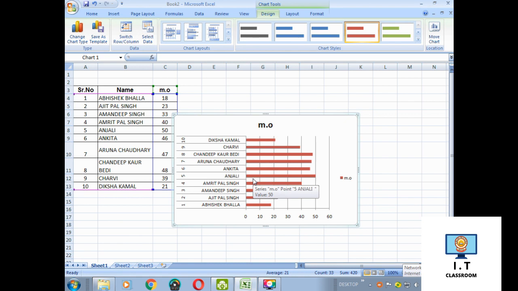So students, in this way, by this convenient method of making charts, it will show the data in a pictorial form, and these charts can be used for comparison and analysis of growth, relationship and trends between the values in a range. So in this way you can make charts in the Microsoft Excel worksheet.